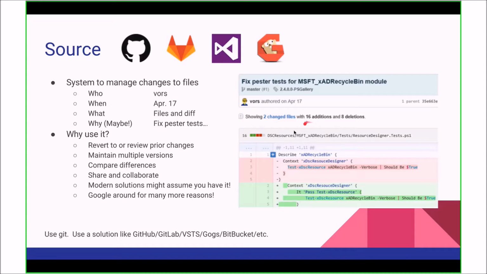It's not in the screenshot, but we can see he made a change to this tests file. We see the actual lines of code that he changed, and we see why. This kind of depends on the author to actually write a reasonable commit message, but we see that he's fixing Pester tests for a particular module. And it seems kind of simplistic on the cover, but when you have all of that information stored in a